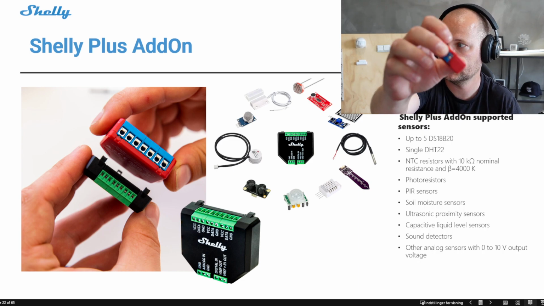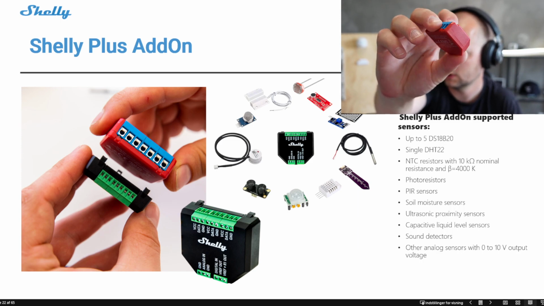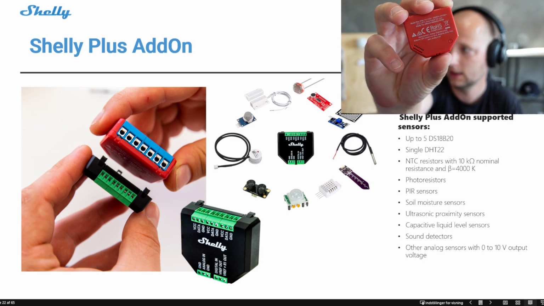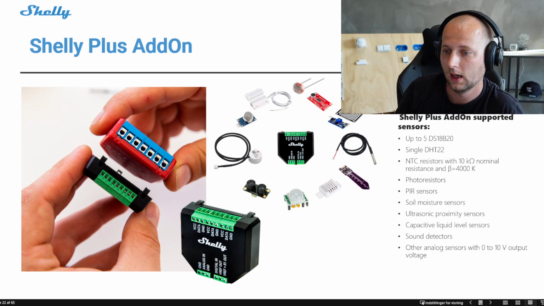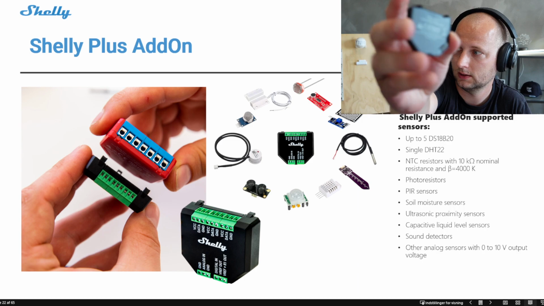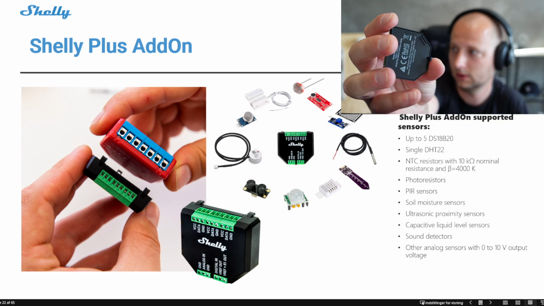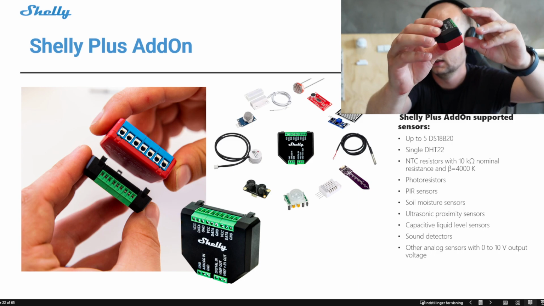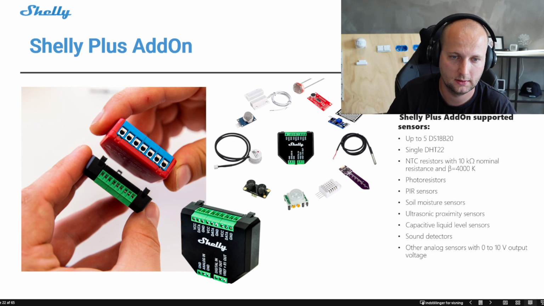So this is the Shelly device, how they look like. This is Shelly Plus 1 PM. If you look on the back side, you can maybe see some small pinouts, the small holes here. And this is what you can use for flashing third-party firmware if you would like to. So it's optional for you if you want to, but they're also being used to connect this device, the Shelly Plus add-on device. So you can see the pins here, maybe, yeah. So you just simply connect them like that. So you can connect the Shelly Plus add-on to any Shelly Plus device. It doesn't matter which one.